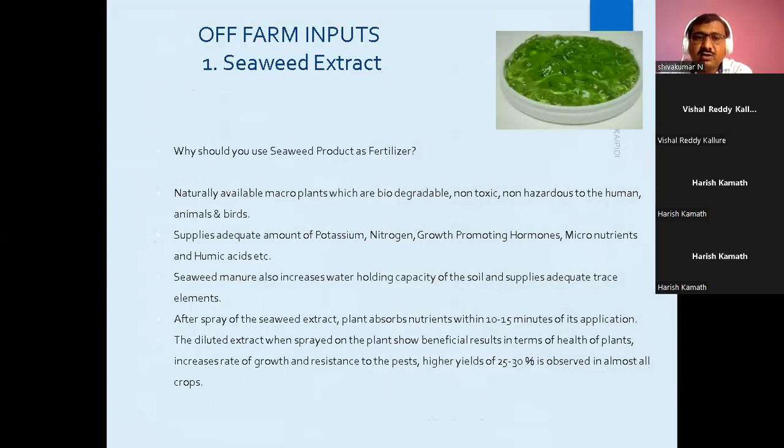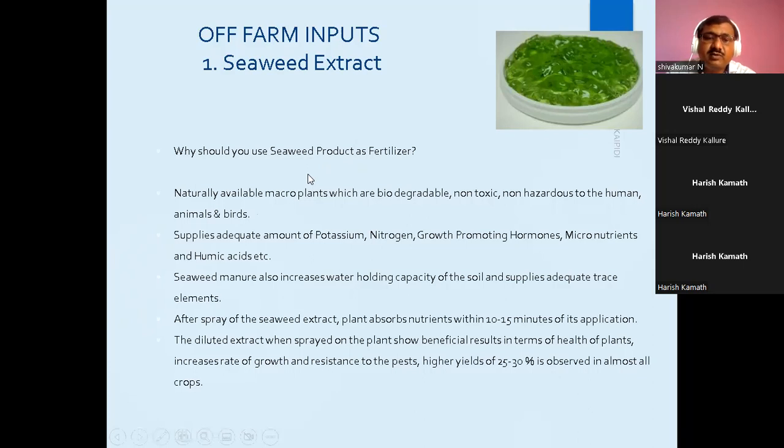This is a naturally available source of biostimulants, which are either cultivated manually or naturally available in the sheaths. They will collect it from the sea water, then dry it and make it into powder. They will prepare either a granular form or some paste form, and it will be sold in the market. They are mostly from some parts of Tamil Nadu or even Gujarat.